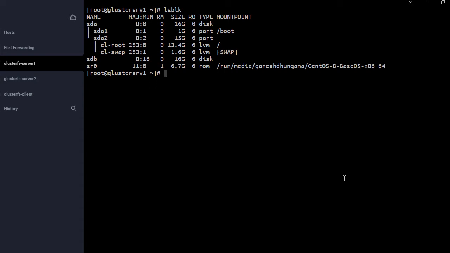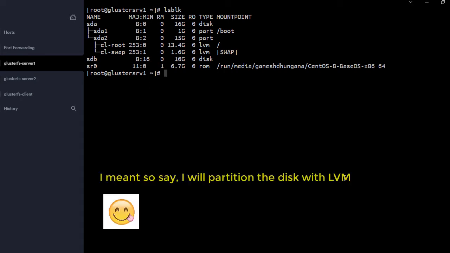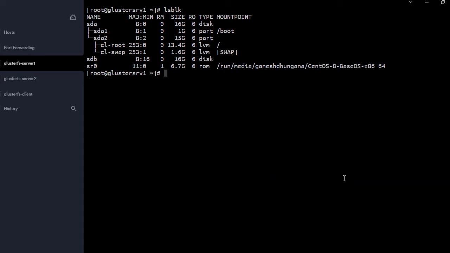Okay, so I will format the disk with LVM, and formatting disks with LVM is a 3-step process, and they are: number 1, PV, number 2, VG, and number 3, LV. PV means physical volume, VG means volume group, and LV means logical volume.